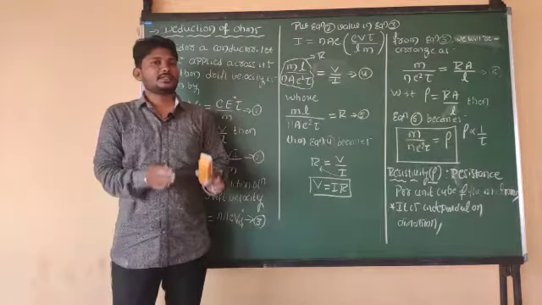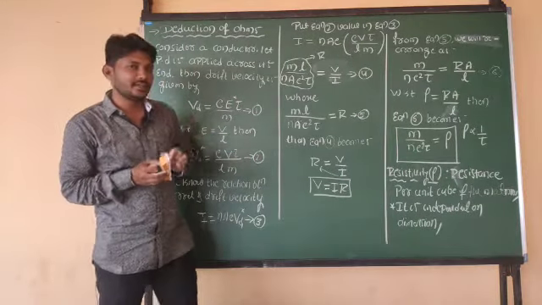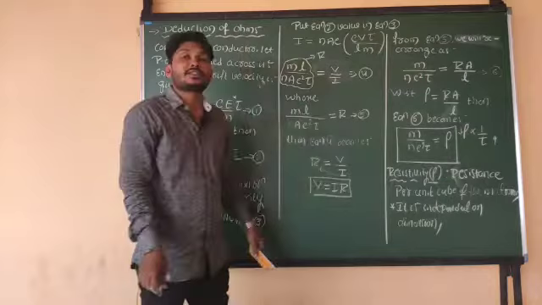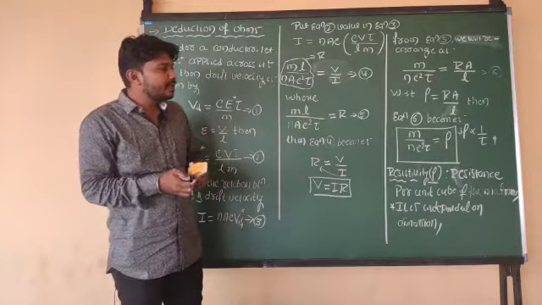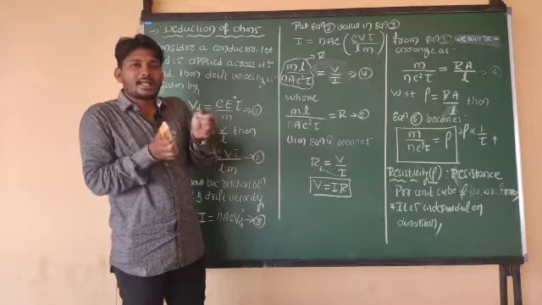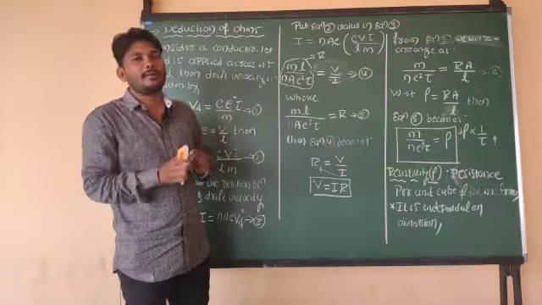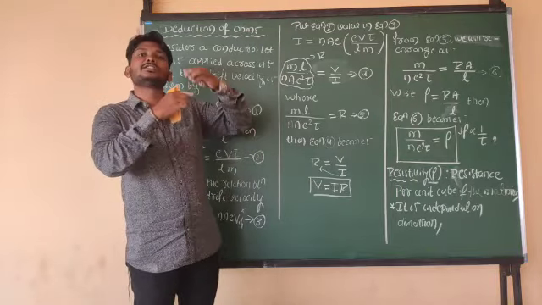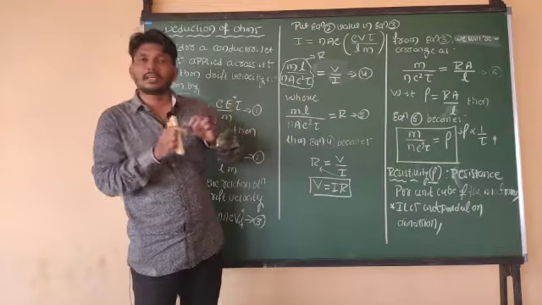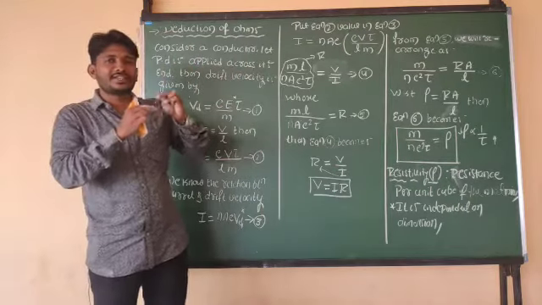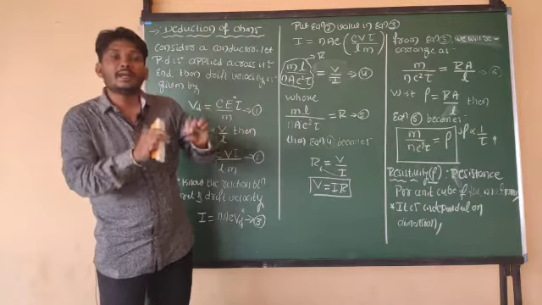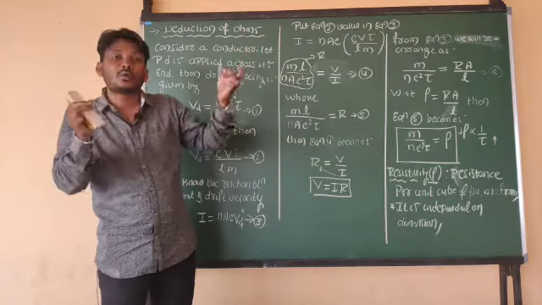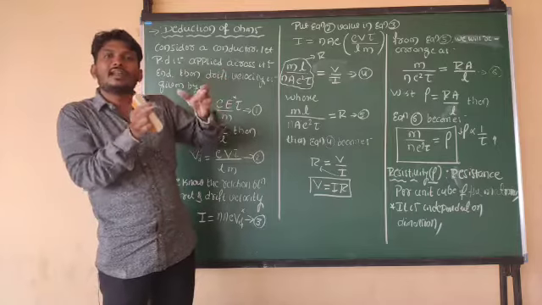What's the physical meaning of it? Resistivity is inversely proportional to relaxation time, which means as the relaxation time is more, what about its resistivity? Resistivity will decrease. What's the meaning of relaxation time being more? As the relaxation time is more, what about the number of collisions? Is it more or less? Did you get my point? If the relaxation time value is more, then the number of collisions will be less. Why? Because as the relaxation time is more, it will take more time to collide here. So there exists a very small number of collisions.